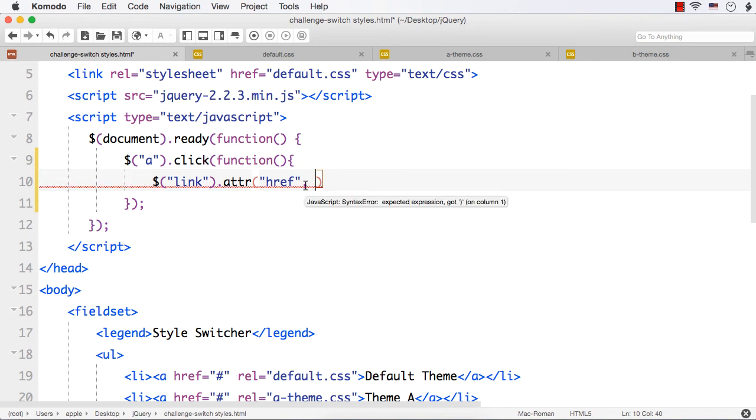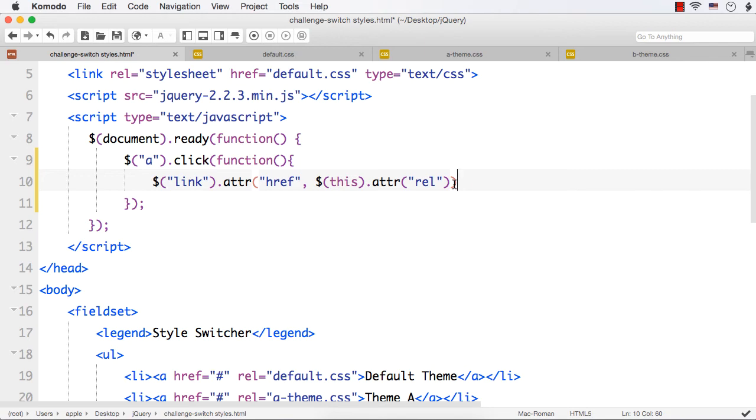How can we select the element that is clicked? We can use this. So $(this), which should not be specified in double quotes, isn't it? .attr of rel. This will return the value of rel of the clicked A element, and that value should be set as the href attribute's value of the link element, isn't it?